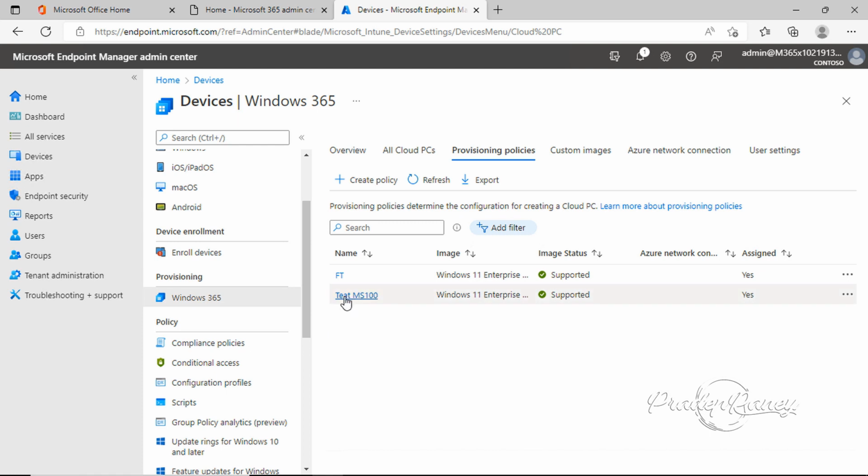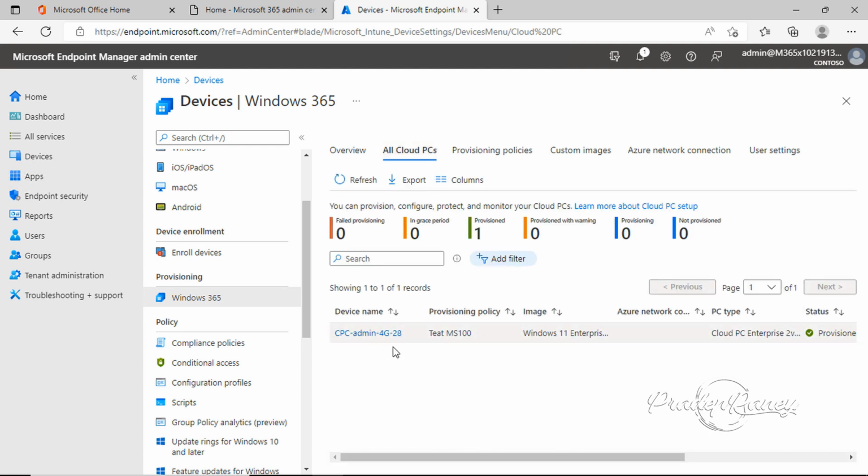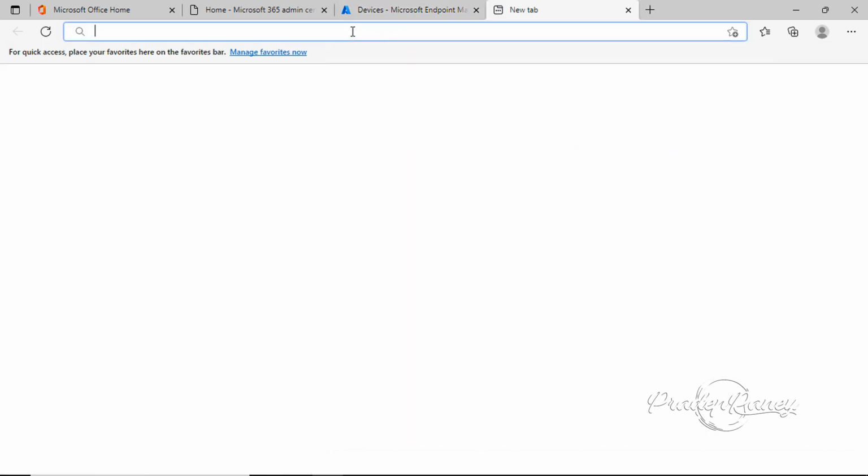Right now I have already provisioned one of the policies which I did earlier. Once this is done, under your cloud PC you can see there is a cloud PC available. Now I need to access this particular cloud PC. As I told you earlier, we have to go and access